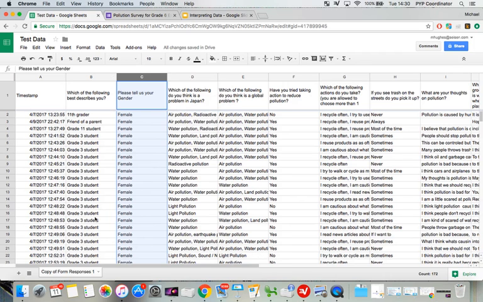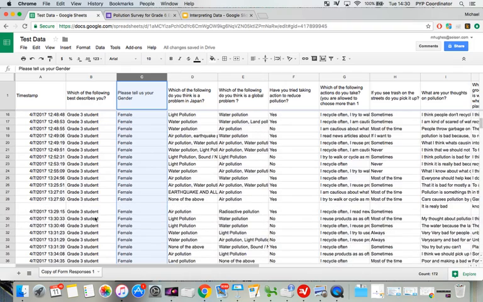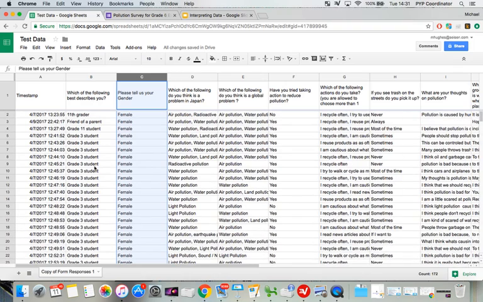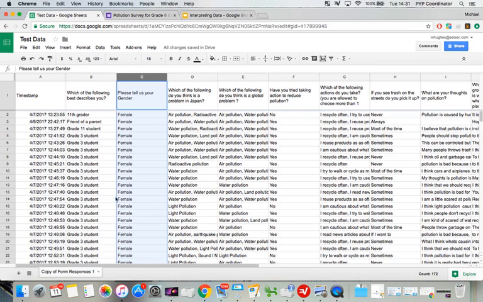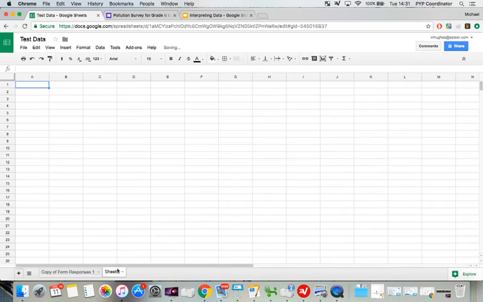So in this example, let's say we compare grade level students. So we had grade 3, 4, 5 and 6, they're the only ones that have responded, and also some adults here. So we're going to create a separate sheet for each, some sheets at the bottom. Let's say we create a sheet for all of the grade 3